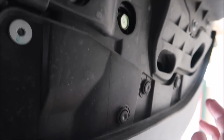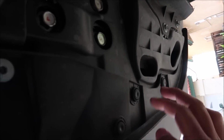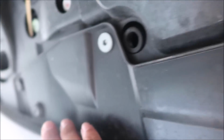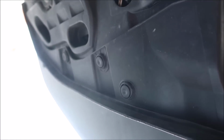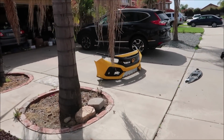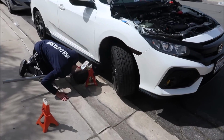And bottom end, what you're gonna see is, you're gonna see a shit ton of bolts. So starting from the right side of the bumper, there's a 10 mil right there. You need to take all these clips out. This Allen key, more clips along the front, and literally just follow the bumper and you'll be fine. So there you go. There's my car, the bumper, and his car, and he can't get his jacks to go